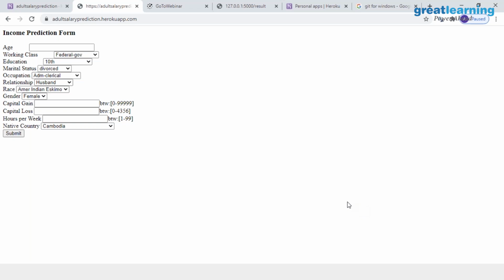The difference between this and the earlier one which I showed you is that the earlier one was deployed on a localhost. It was locally available on my machine. This is a URL which anybody can use. Once you enter the input here, let me add the values: 40, let's call this 12, married. Let's just leave this as it is. 999, 88, 66, submit.